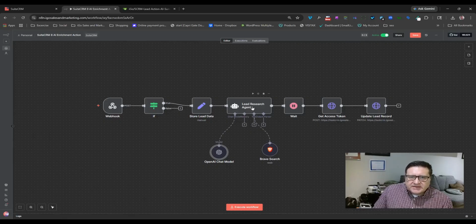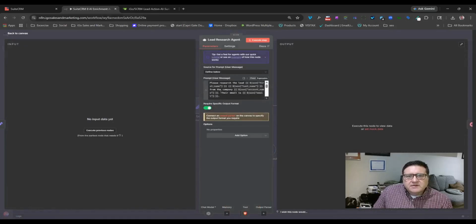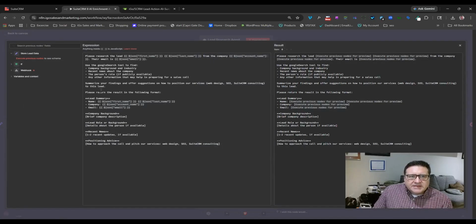So I basically give the lead agent a prompt. It's been a while since I've been in here. Let me see if I can find it. Oh, here it is. Okay. So I basically give it a prompt that says, use the Google search tool. Actually, I should change that to the Brave search tool. But anyway, to look up the first name, the last name, the company, the email, and find what you can, and then summarize it in this way, and then return it back as JSON,